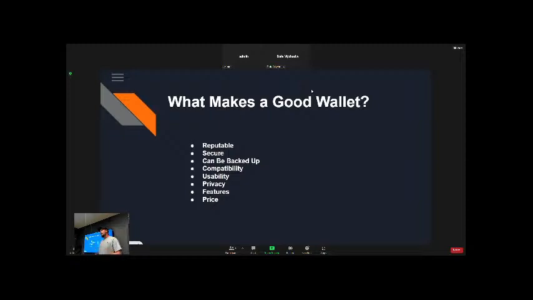And it depends too, right? If you're using it a lot, a cold wallet might be pretty cumbersome. So what I personally do is, my cold wallet's my savings account, my hot wallet's my checking account for stuff that I'm using more often, and custodial wallets I use rarely, but sometimes there's a need for them to get certain stuff, right?